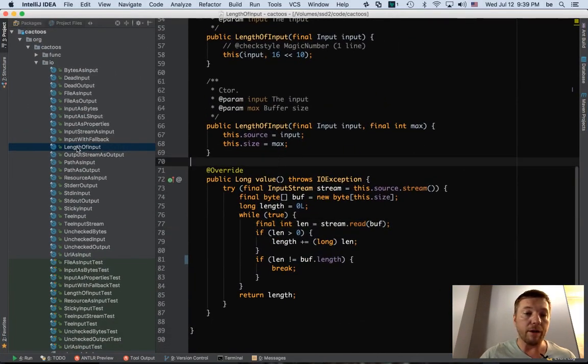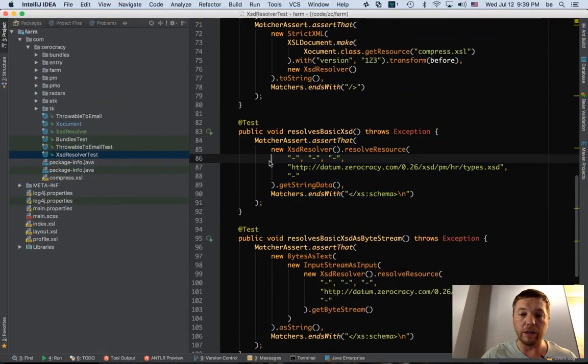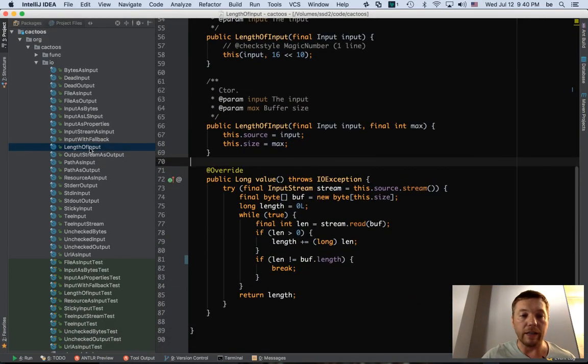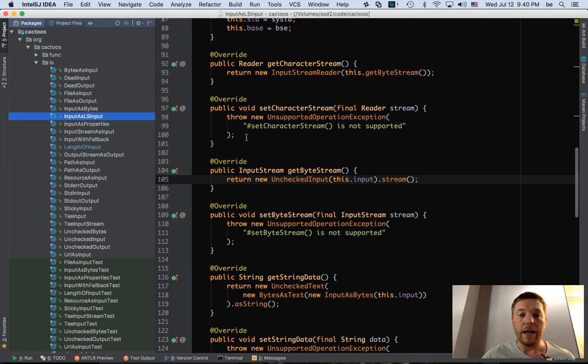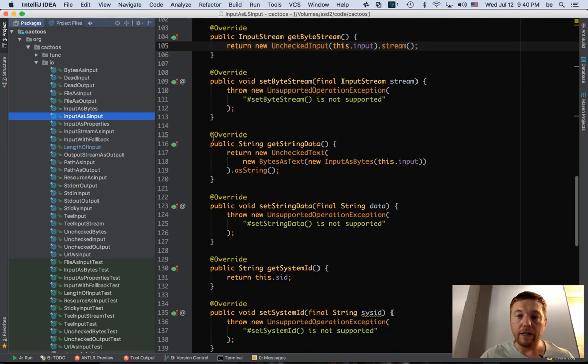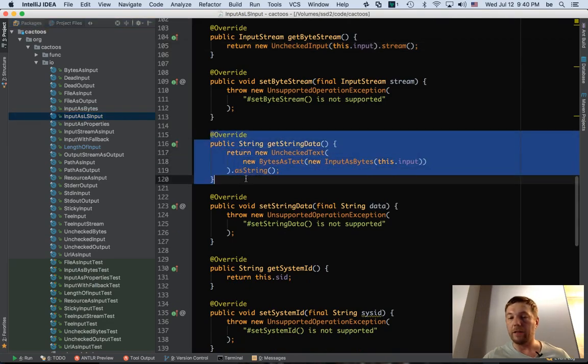So we have this class which is called, let's look. This is the class we're using here. It's in the resolve resource. The class is called InputSLSInput. So this one, supposedly, if we would be able to reproduce it, would have a problem. So let's go to the Cactus framework. The class is coming from this framework, and this is the class. And the bug is in this method. So this one should crash. It shouldn't work because there is a bug. I know about it.